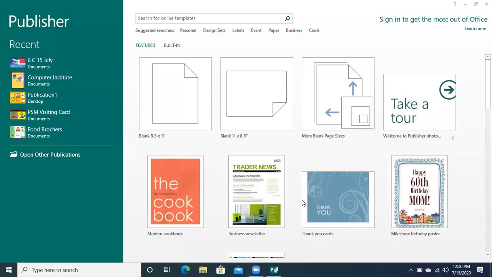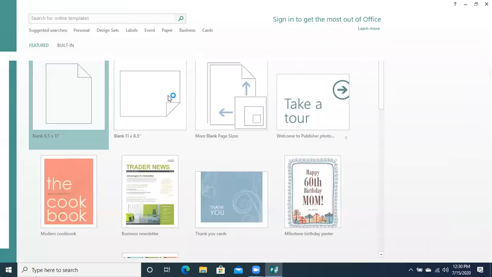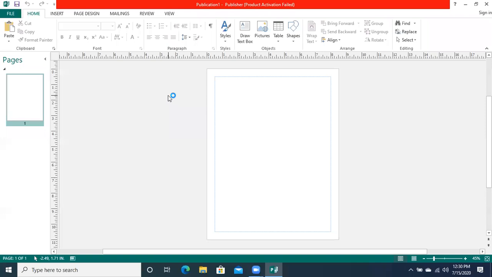So what I am going to do today, I will take a blank publication, just like I have taken one blank publication. And now I am going to tell you how to set the background.